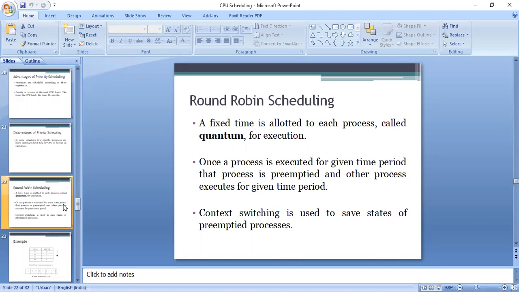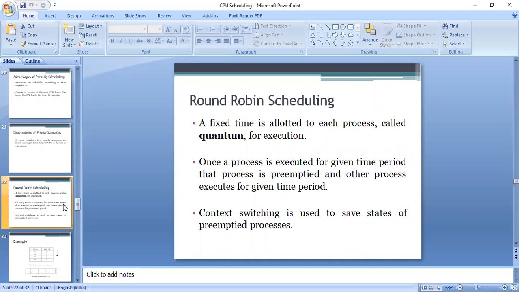So by using this algorithm, the CPU makes sure time slices are assigned to each process in equal portions of time in a circular order. And dealing with all processes without any priority, it is also known as cyclic execution. The CPU scheduler goes around the ready queue, allocating the CPU to each process for that specific interval of time,